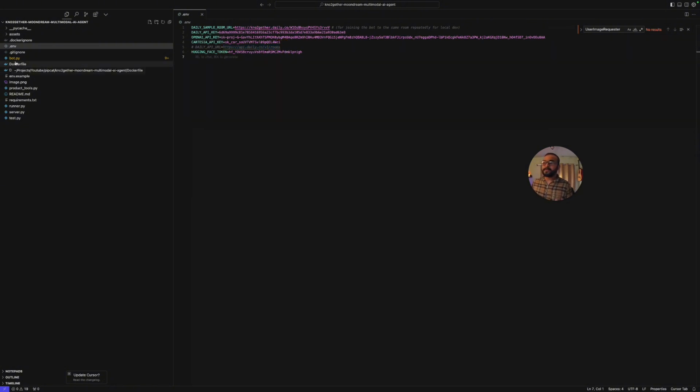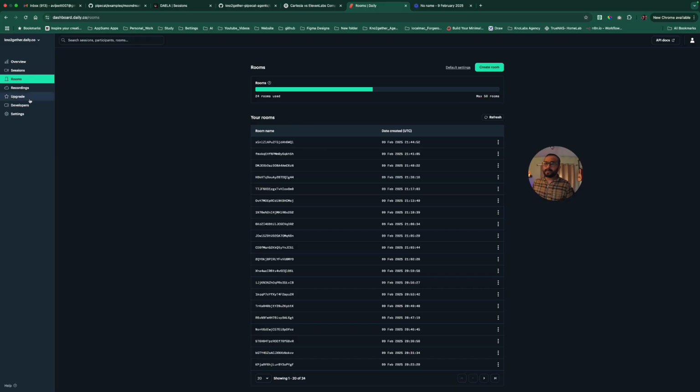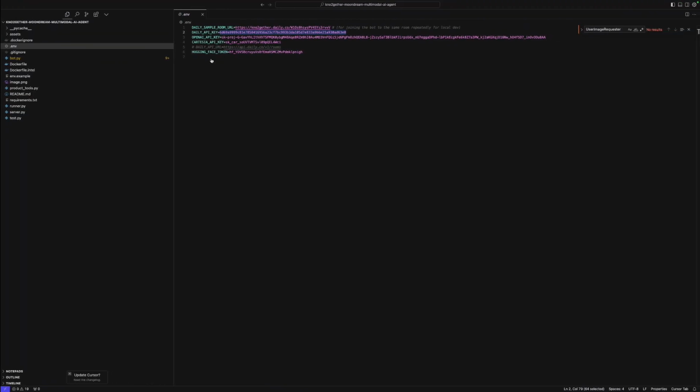That's how the bot is written. So it will generate a new room every time. You would also need an OpenAI API key. I'm not showing how you get an OpenAI API key because that's really simple. Just go to the platform UI and get an OpenAI API key. You need the Daily API key, exactly what I have shown you from the developers menu, and then you also